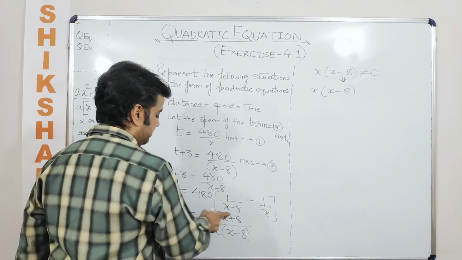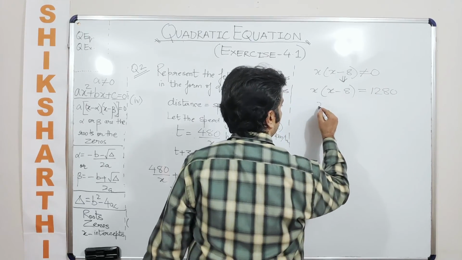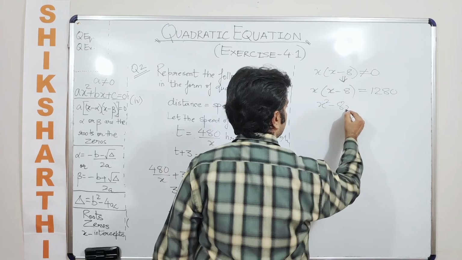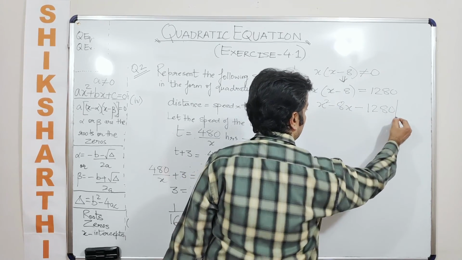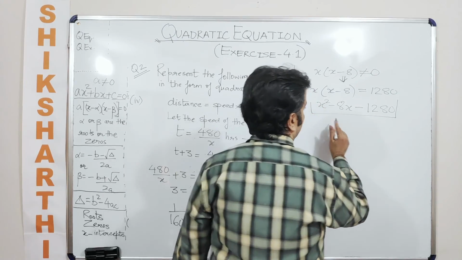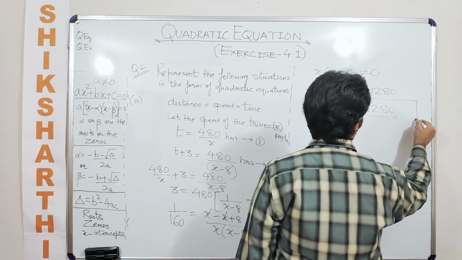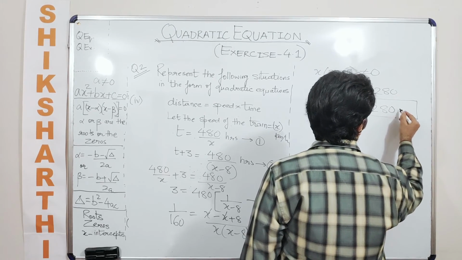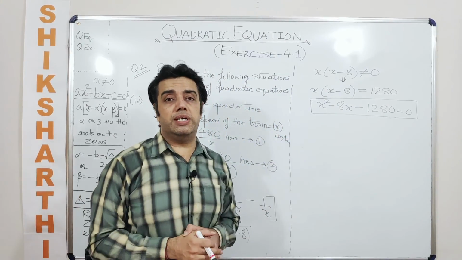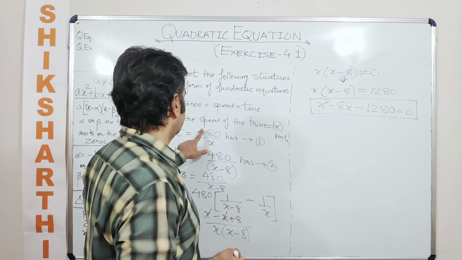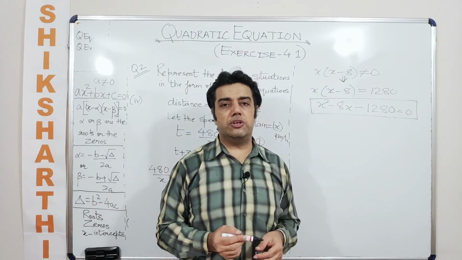It is then we will be able to say x into x minus 8. This goes up and this gets multiplied with. So thereafter you would say that this is x square minus 8x minus 1280. You get the value, you solve for this. Solve for this in the sense x square minus 8x minus 1280 is equal to a 0. You get the roots, you get the zeros of this quadratic equation, and then you will be able to find out the velocity, the permissible velocity. You know that velocity will always be positive, it cannot be negative.